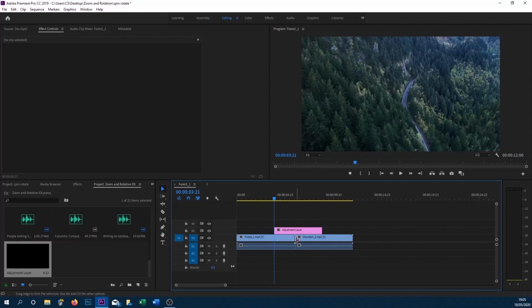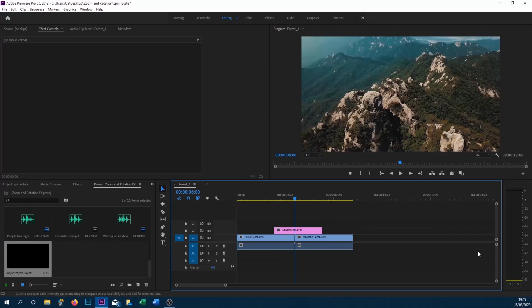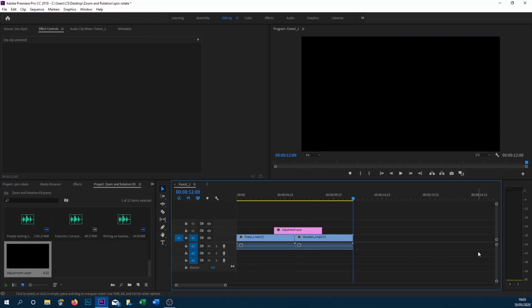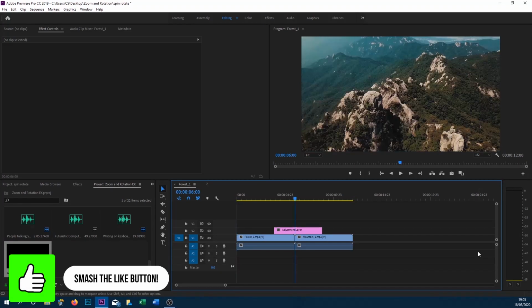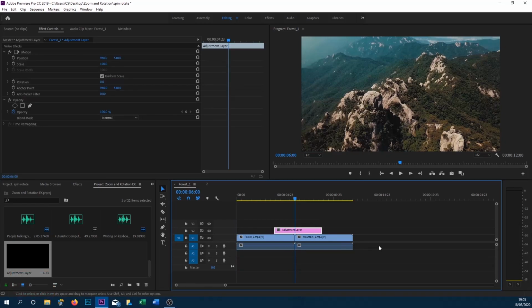Then what you want to do is go to the center, so you can press the up and the down arrow. As you can see, they then hook on to each of the ends of any clip you may have. So once in the center, select your adjustment layer, and then what you want to do is go back 6